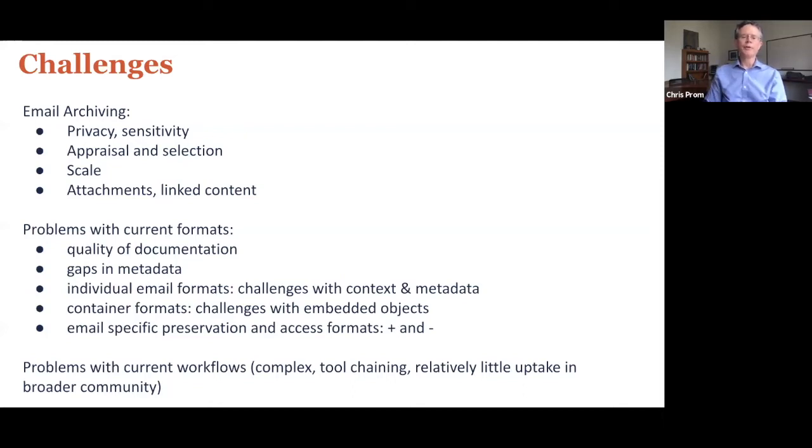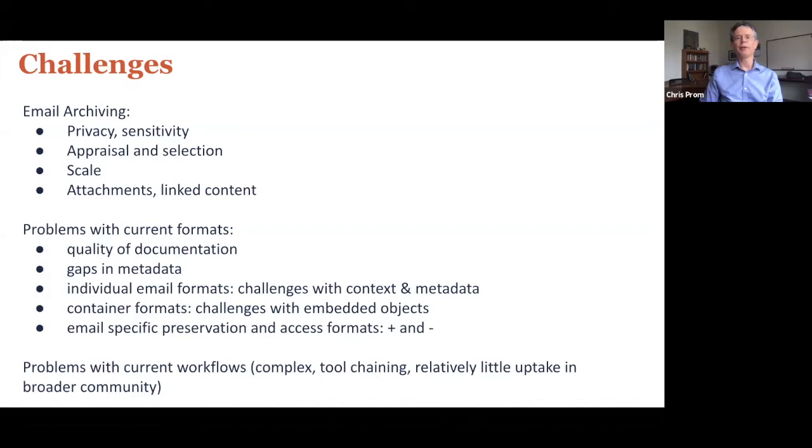One of the problems that the report identified is that some of the current formats that can be used to preserve email really illustrate a set of problems in and of themselves, in that metadata may not be handed off from tool to tool properly. There's a question as to what should be the best format to archive email messages in.